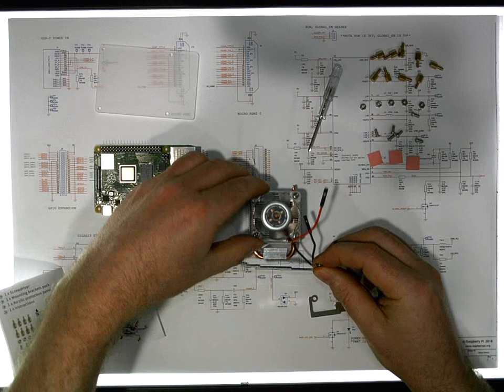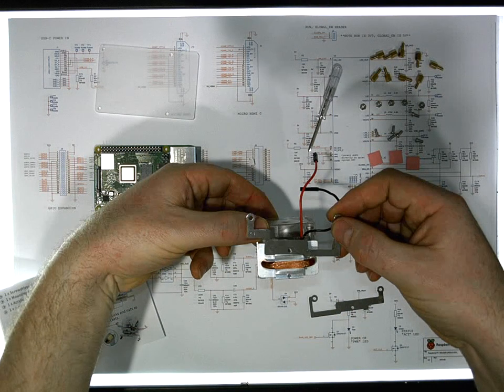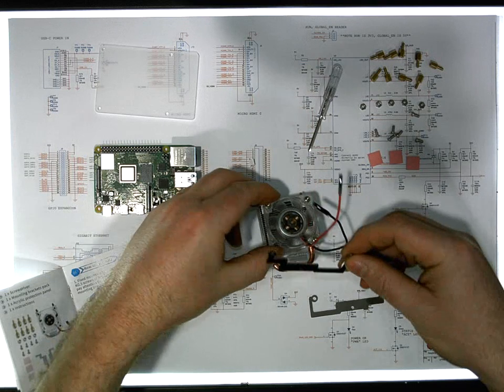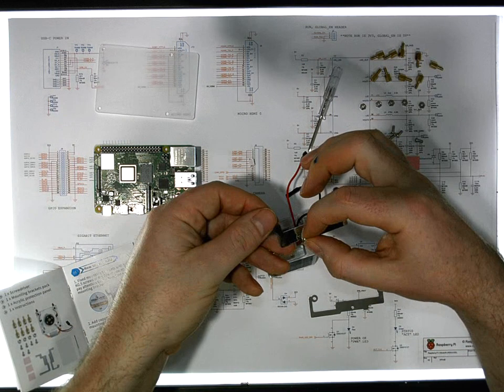My first mounting bar is going to just basically clip on like this. And I'm going to have a screw that needs to go in there, so I'm going to actually just do that now. I'm just going to take this, take one of my screws, and I'll just place my screw in here,